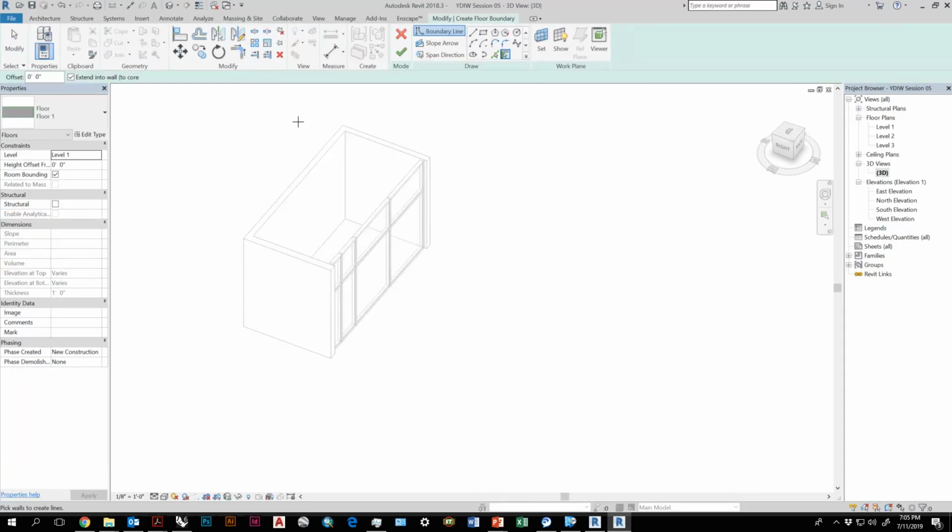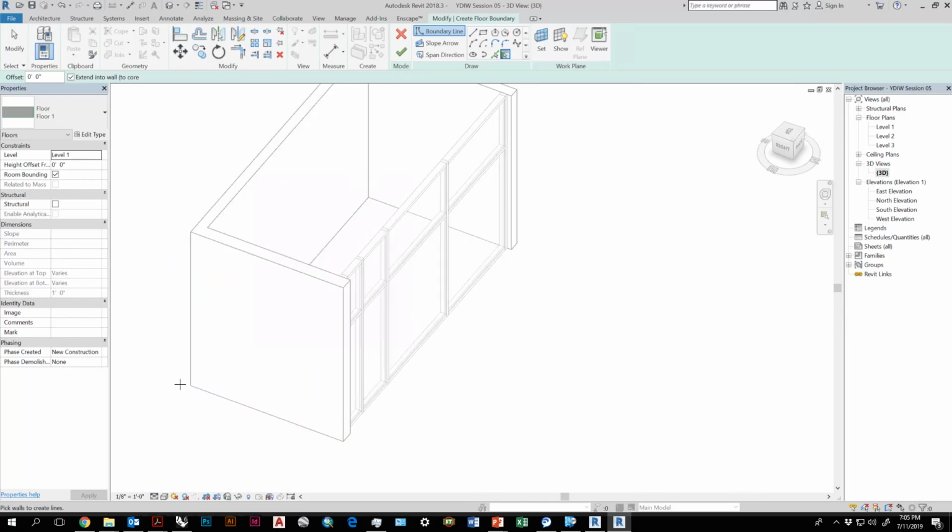Let's say you wanted to create a floor. First of all, you want to select the level the floor is going to be on, so we'll create the floor first at level 1. And floors and roofs are created in the exact same way. The only difference is that floors will default to thickness going down, and roofs will default to thickness going up. And then roofs have additional details that you can add in. But let's go ahead and draw a floor.